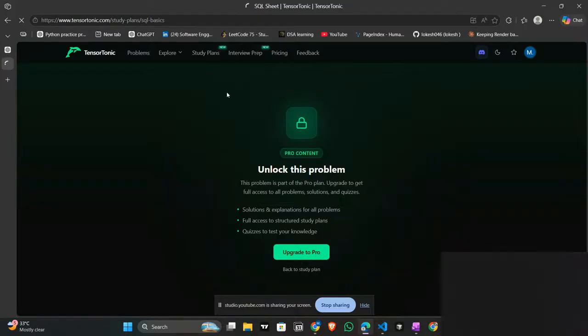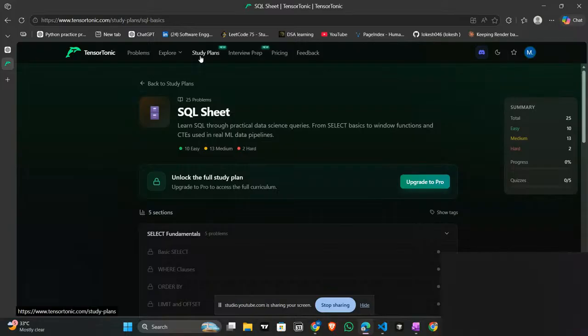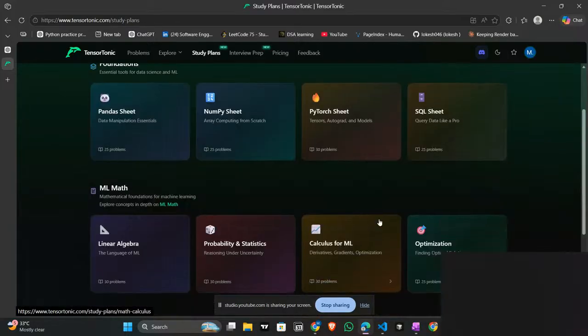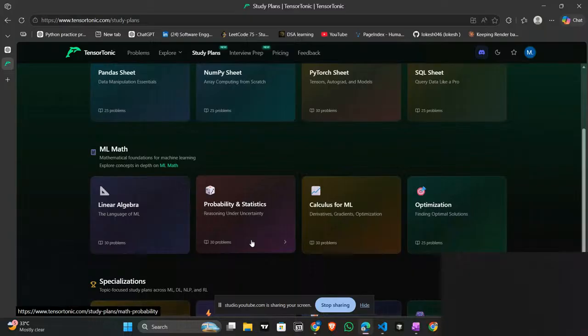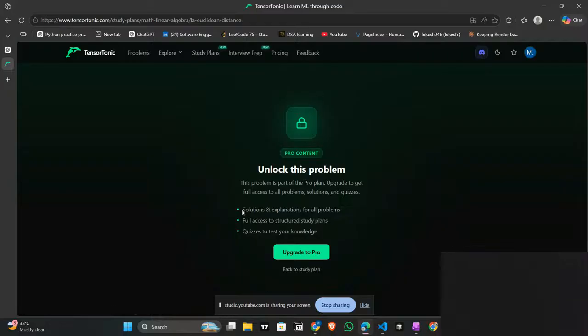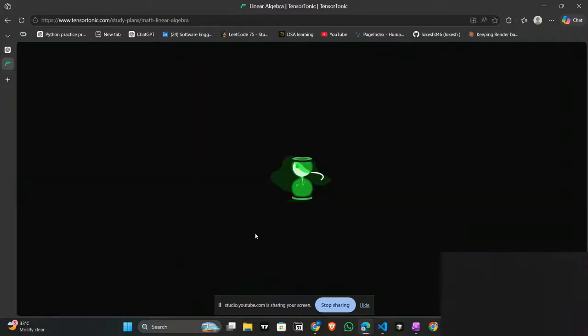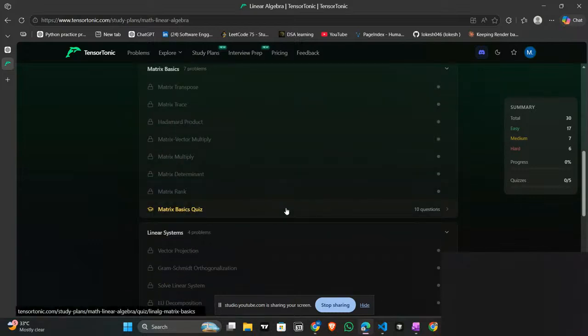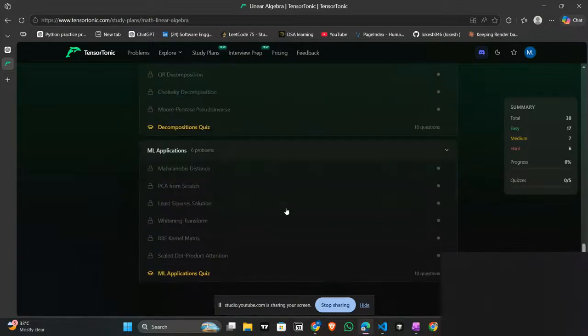Back to the study plan. What are the study plans they have? Linear algebra problems. It is all free, so there's no need to pay for it.